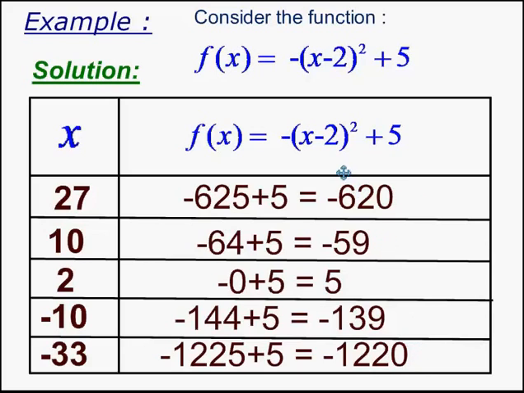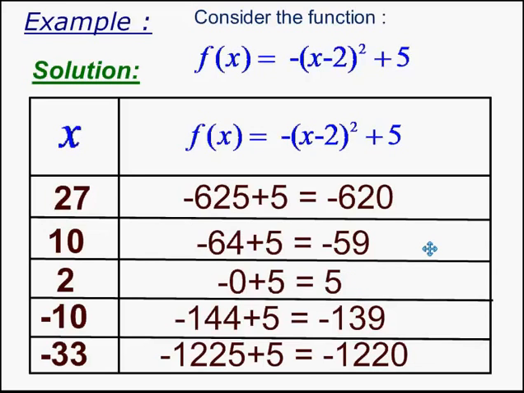Okay, now observe these values which we have got. Here we see that 5 is the maximum value that f of x is attaining. Other values are decreasing rapidly. Now this way, if we keep giving values to x, f of x can be made as small as we please. But the maximum value that f of x is taking is the number 5. Therefore, we can say that the maximum value of this function is 5 and there is no minimum value.